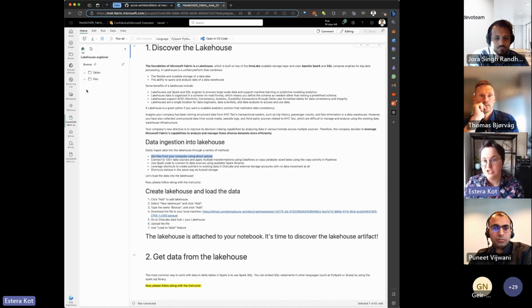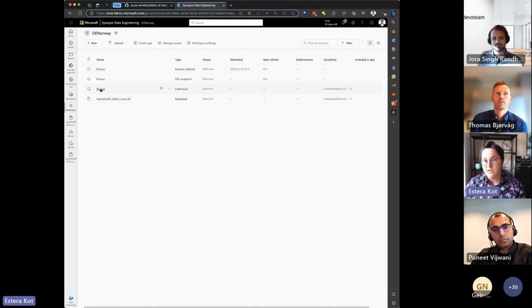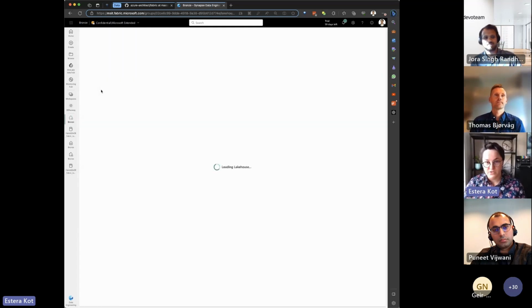It's built for us. Now let's jump into the full Lakehouse experience, meaning that there are a couple of ways, but we'll start with going to our workspace. As you can see, there are 3 Bronze artifacts. So we created a Lakehouse with the name Bronze. At the same time, there have been 2 more artifacts, SQL endpoint and dataset. We'll touch on them later on. But now let's jump into the Lakehouse.